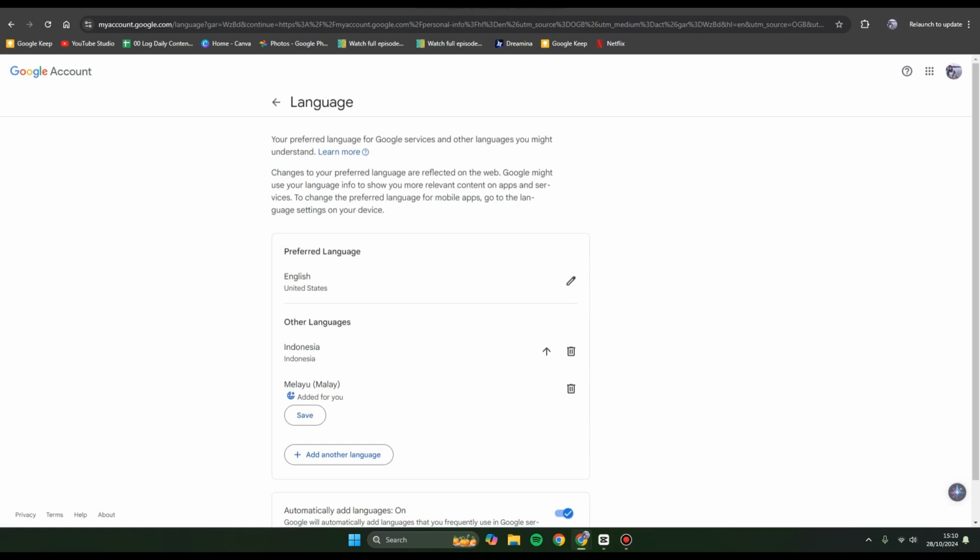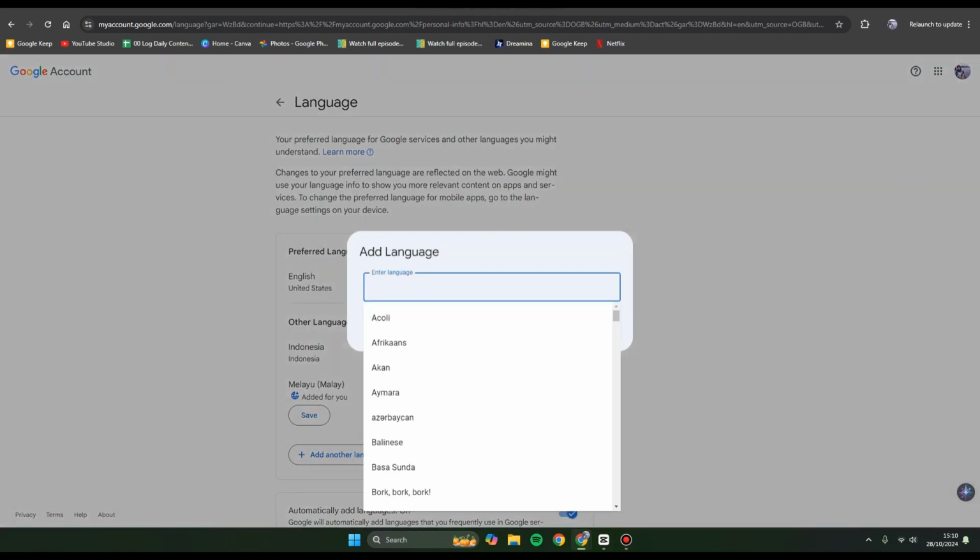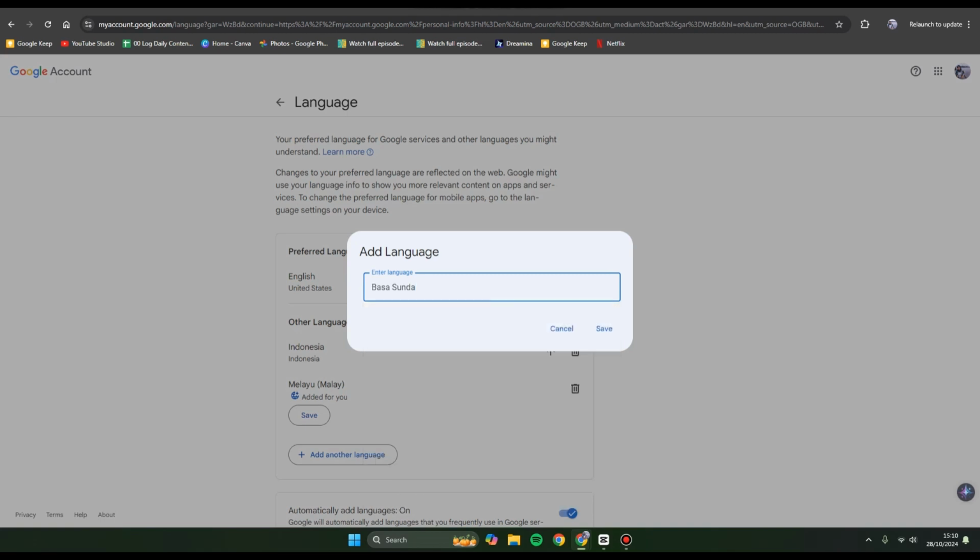Okay, so this is the language that I've already added into my Google, and the current active or the preferred language is English. And if you want to add a new one, a new language, you can click on add another language in here. For example, I'm going to just go at Bahasa Sunda, and then you can just click